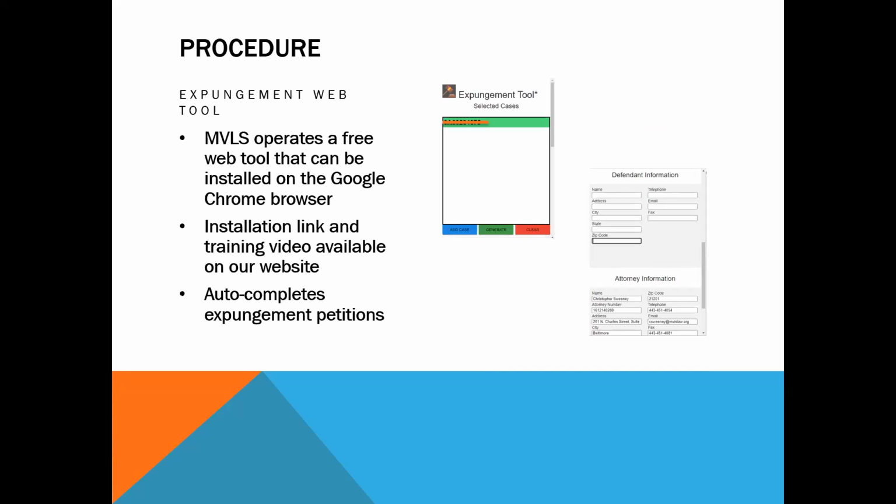What the tool does is, if you are looking at either Maryland Case Search or MDEC Smart Search, which is basically another version of Case Search that's attached to the e-filing system that is publicly browsable, if you're looking at a criminal case on one of those court-operated websites, you can use the tool to read the information from the page, and it just fills in the blanks on the expungement petition. It also fills in your office address and the client's address as the defendant or petitioner. So this is really just a quick little preview of what it looks like.